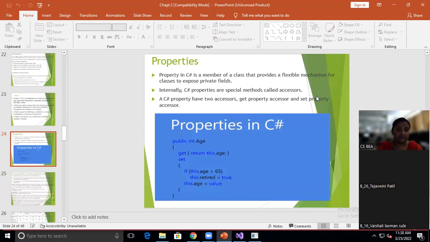Now what are properties here? The second chapter declared some basic or introductory contents, most of the introductory part we had gone through in the second chapter. Properties are members of a class that provide a flexible mechanism for a class to expose private fields. Internally, C# properties are special methods called accessors. What is the access of that code? We are providing some curly braces, then round brackets. Why are we providing this in C#? Because it's showing its whole